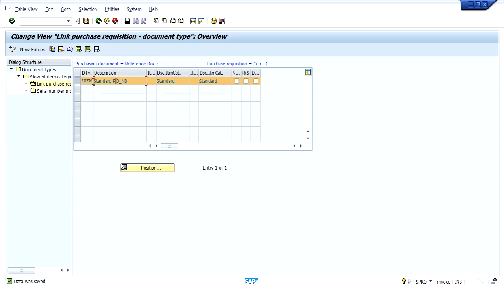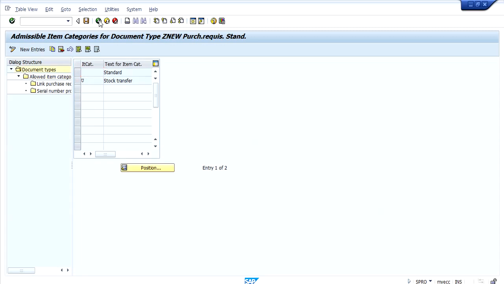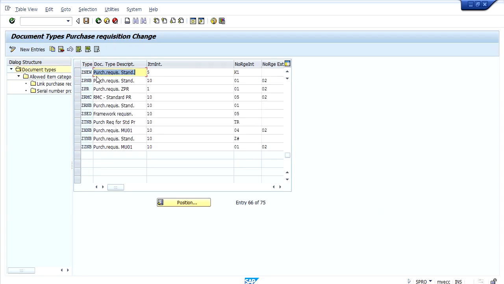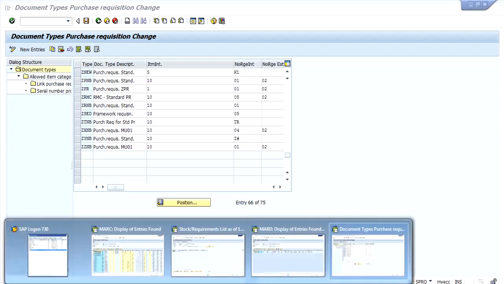But since I am using ZNEW only, I want ZNEW alone. So now how can this standard purchase requisition document type ZNEW be used? In order to do so, we are going to